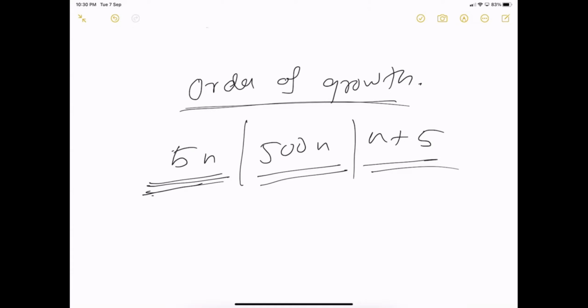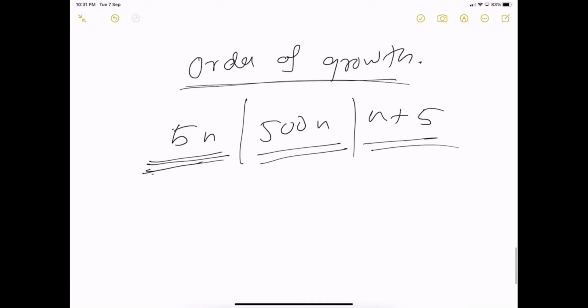For smaller values these may have different results, but for very large values they are almost similar if you plot them on a graph. All these can be represented as order of n.